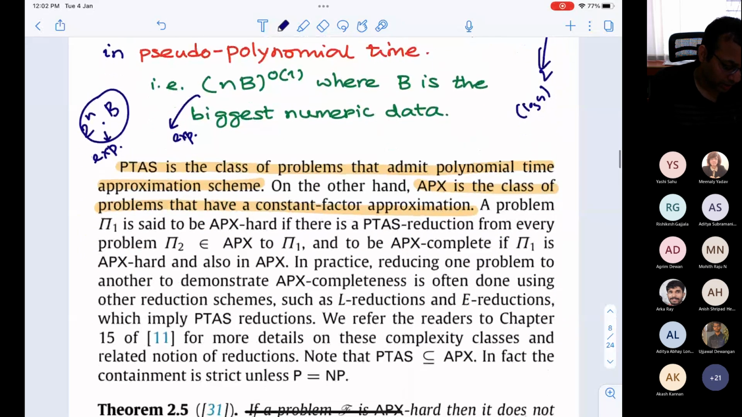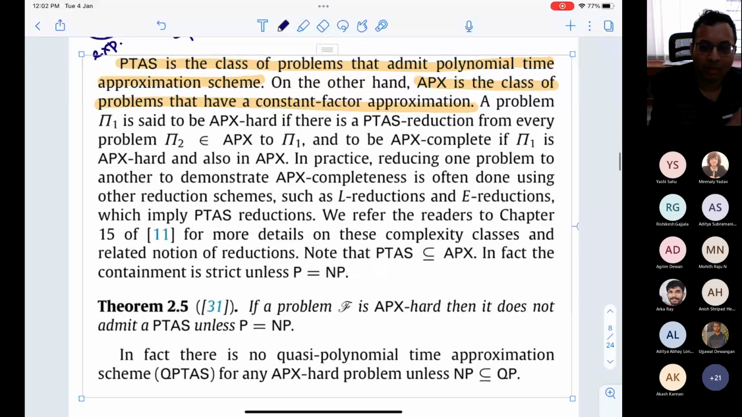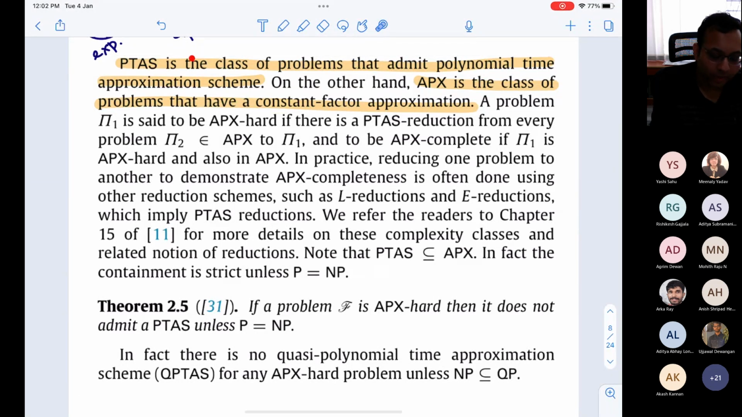So yeah, this paragraph talks about some things. I'll just go over briefly, but we'll come across this later. I just wanted to go over these notions of PTAS. So PTAS is a class of problems which admits a polynomial time approximation scheme,